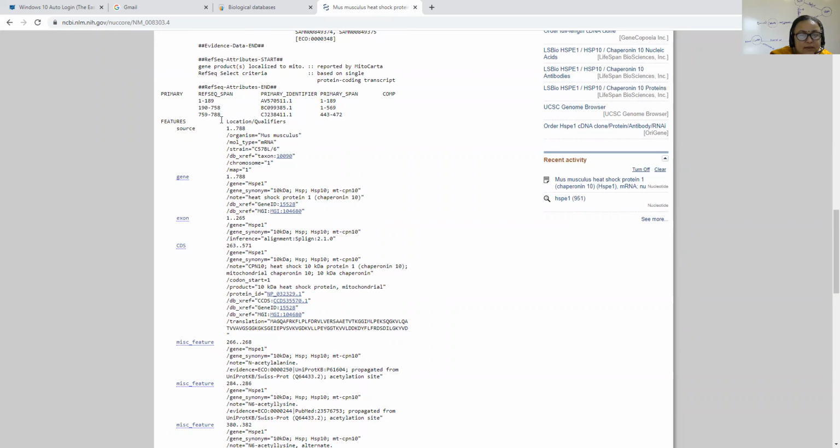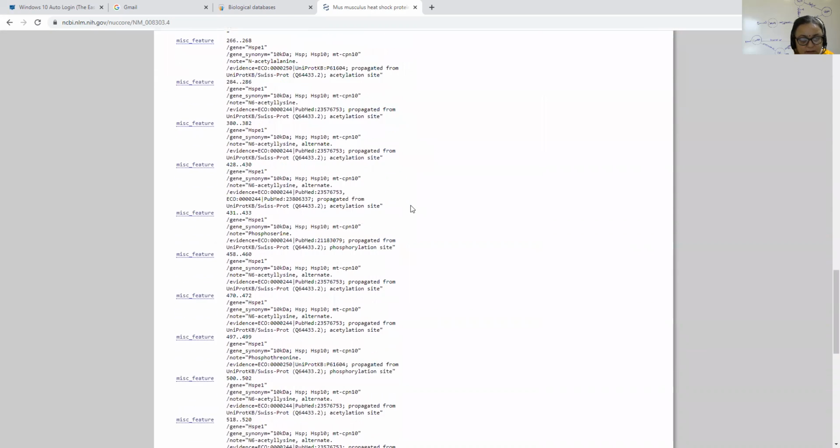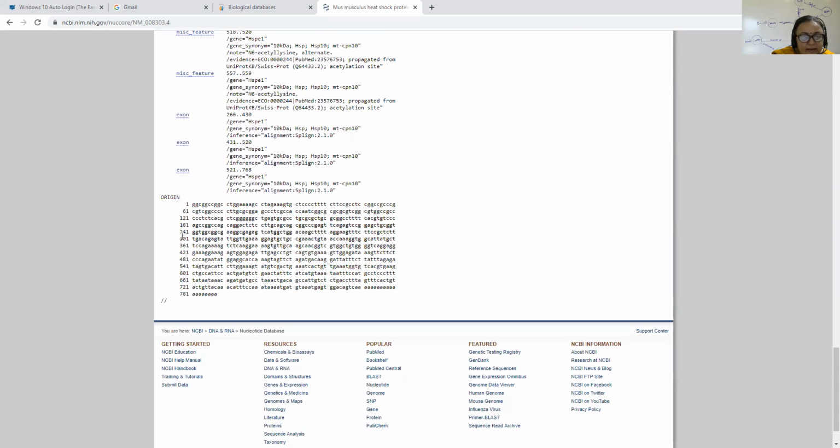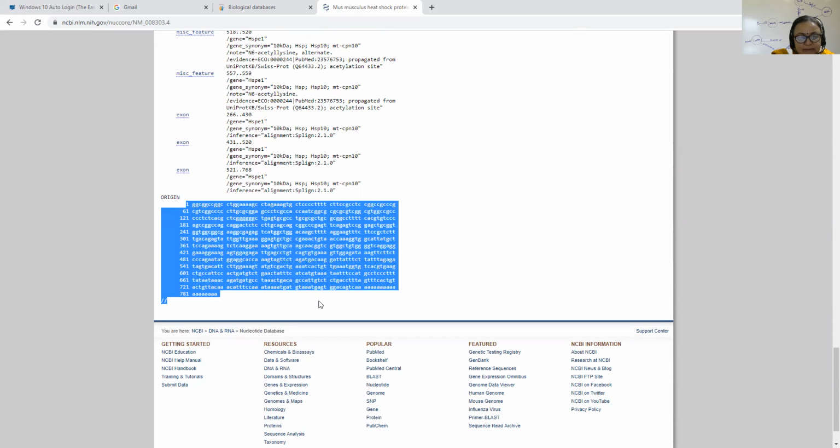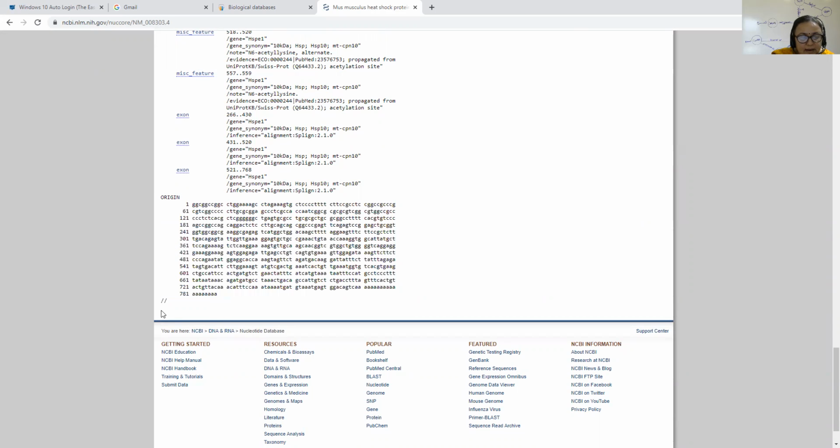Now, this is the location, a specific feature of this flat file format. This gene exists on chromosome number 1. This is the location of this gene in Mus musculus. After that, we can see the origin, and a number of bases, ATGC, and this is the terminator of the file.